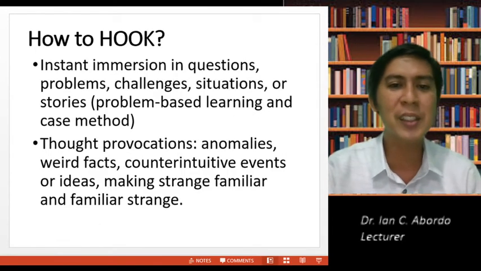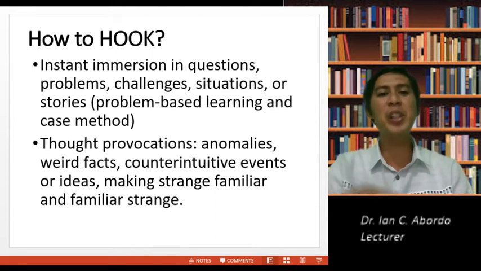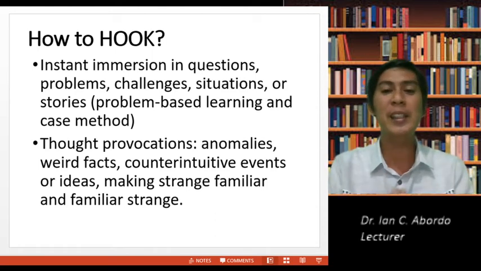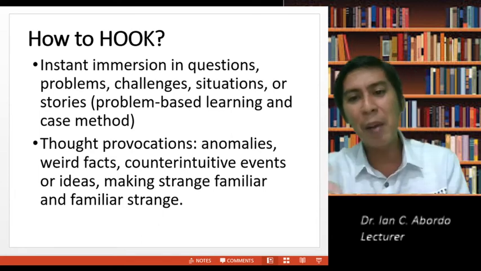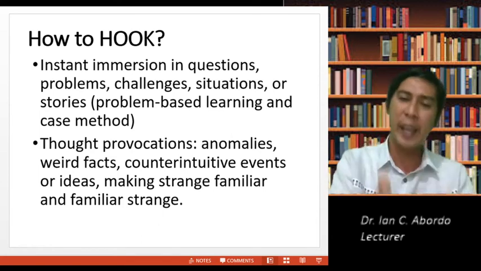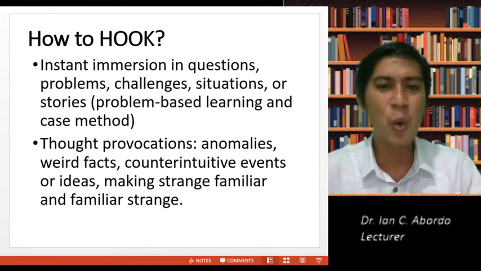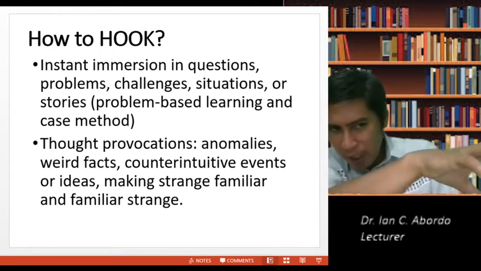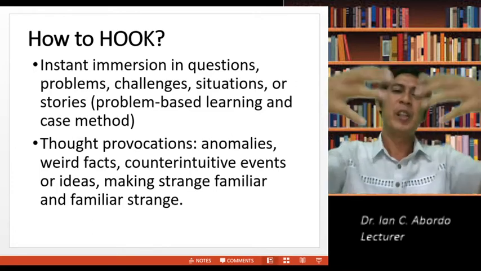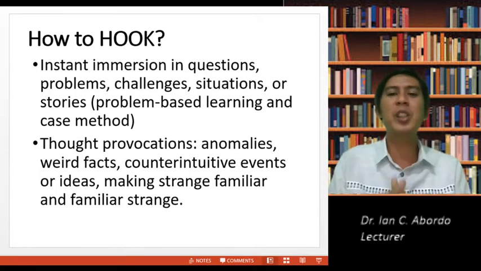How to hook? What else? Instant immersion in questions, problems, challenges, situations, or stories that will prompt problem-based learning or the case method. You can do that. Thought provocations. You can start hooking the students, attracting their attention so that they will really study the module.